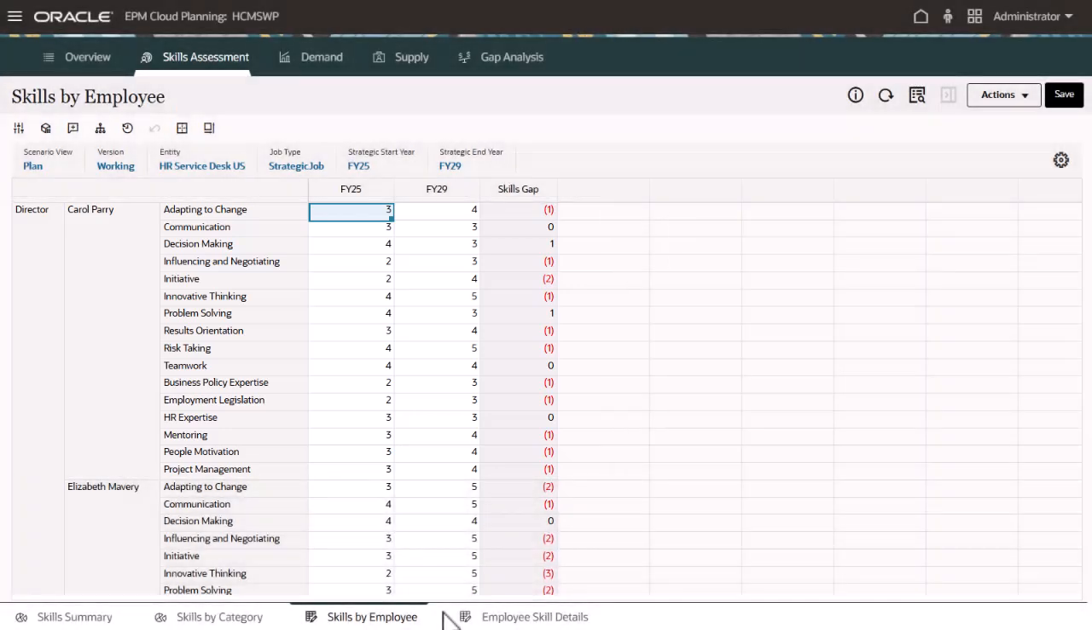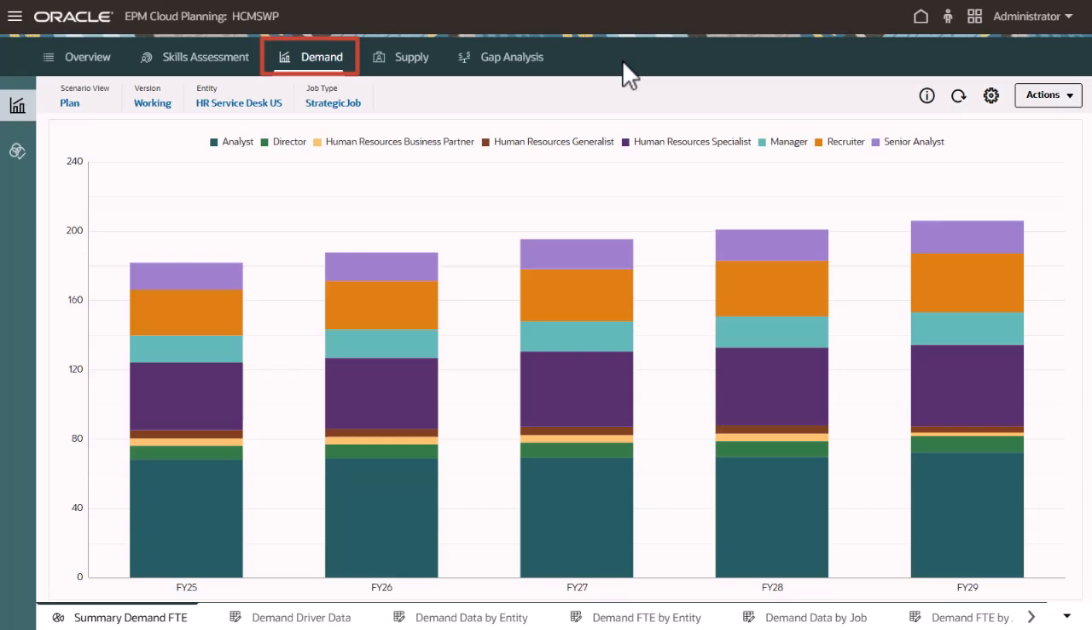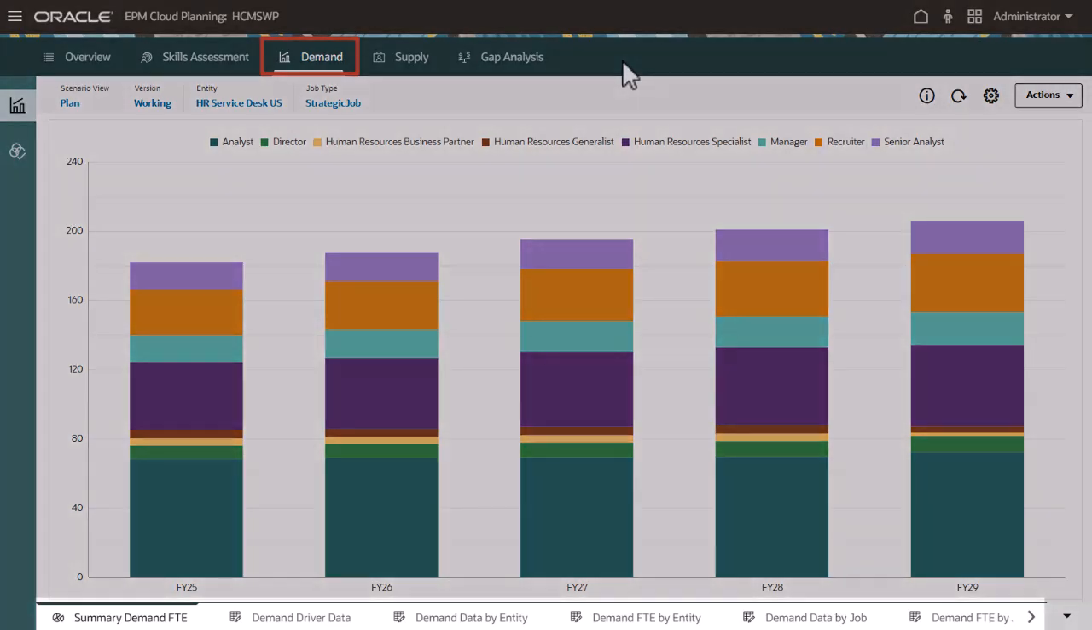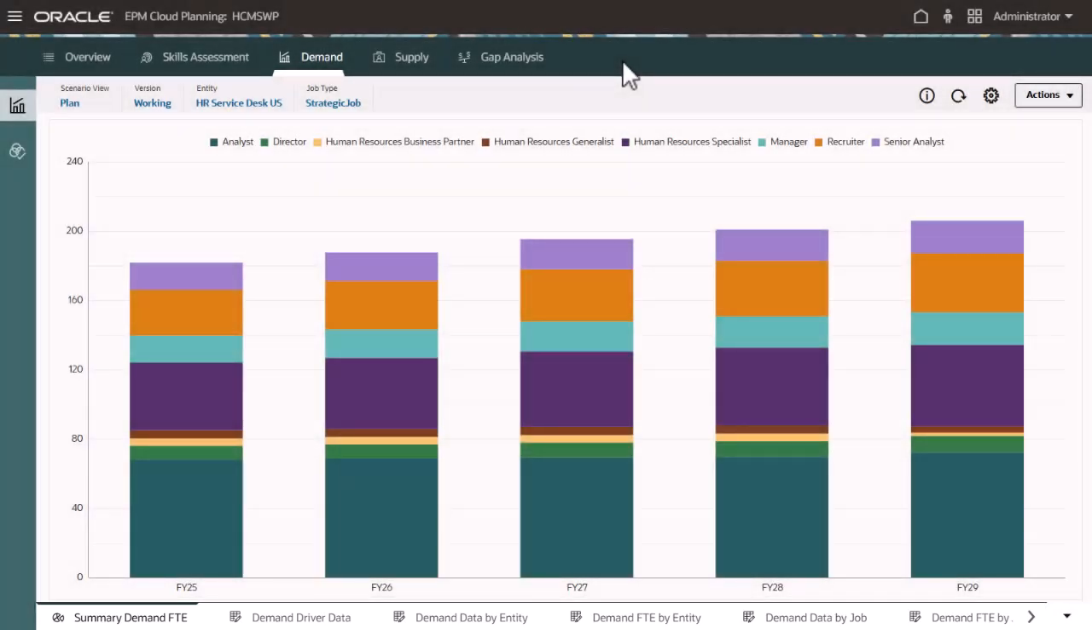On Skills by Employee, you can perform gap analysis to identify where additional training or guidance is needed, or whether hiring new employees would be a more effective solution. With demand planning, you can proactively identify the resources, headcount, and FTE required by business unit or job to achieve